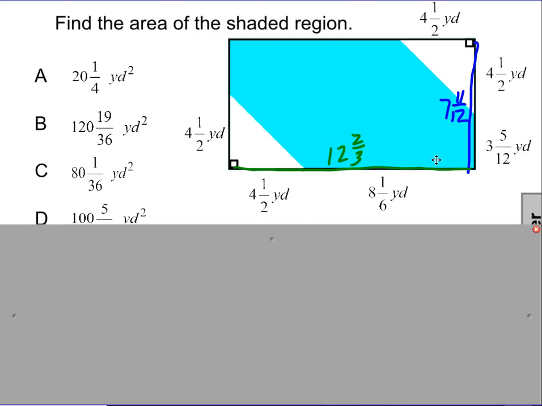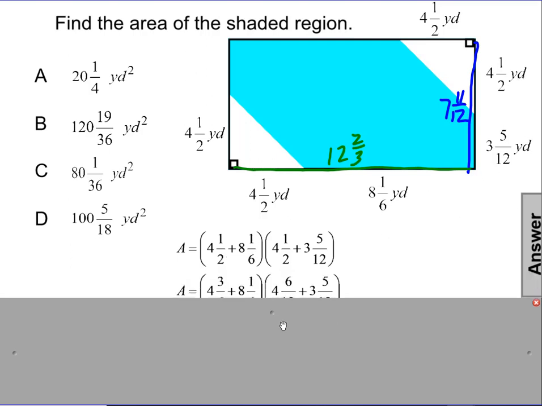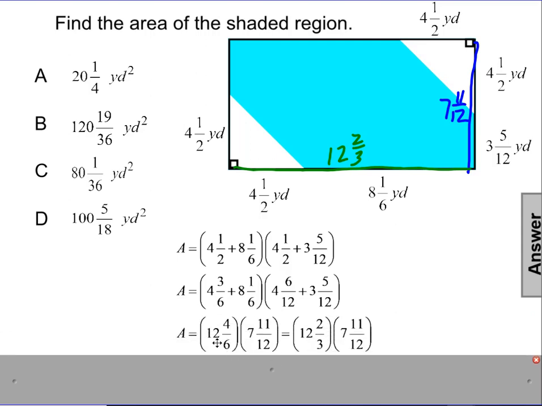So my area for my larger rectangle is going to be length times width. So we can see here in the calculation, we went ahead and substituted in adding the two of these together and then adding these two together. So we already had done that computation, and we end up with 12 and 4/6, or 12 and 2/3 times 7 and 11/12. Then when I go ahead and convert them to improper, so I can do my multiplication, I